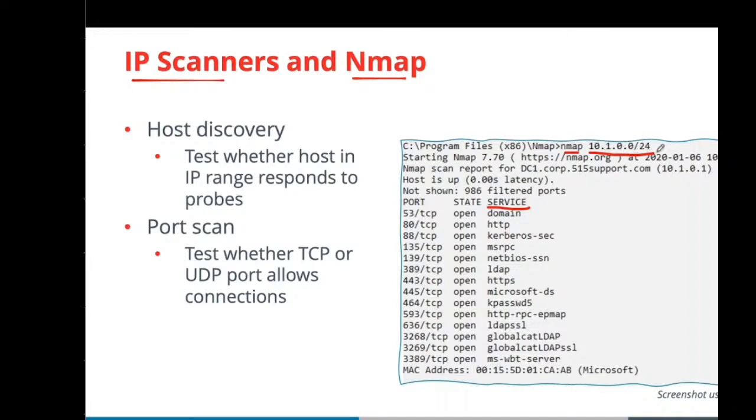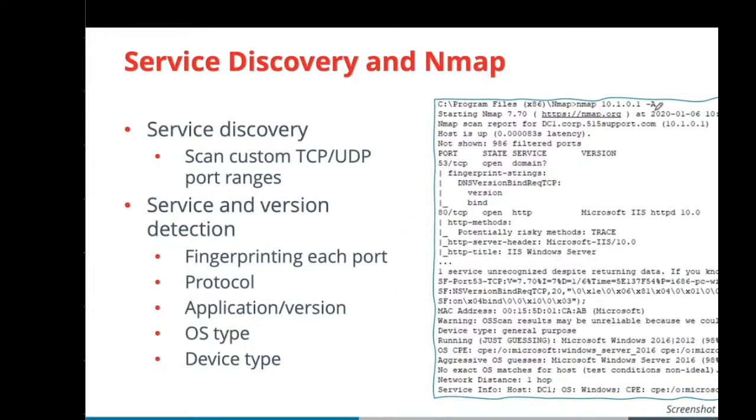There is no switch used by Nmap. The services are listed like 53 domain service, 80 HTTP service, 88 Kerberos service, 135 is MSRPC, 139 is NetBIOS, 389 is LDAP, and so on. The services are there, but we still need more things. The attacker needs more things over here. We also need to know what more is exposed. So we can use